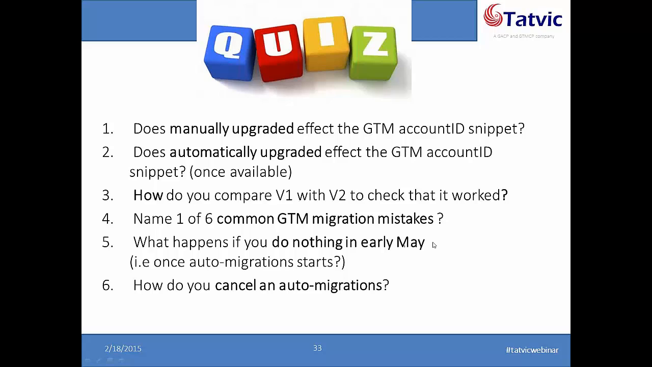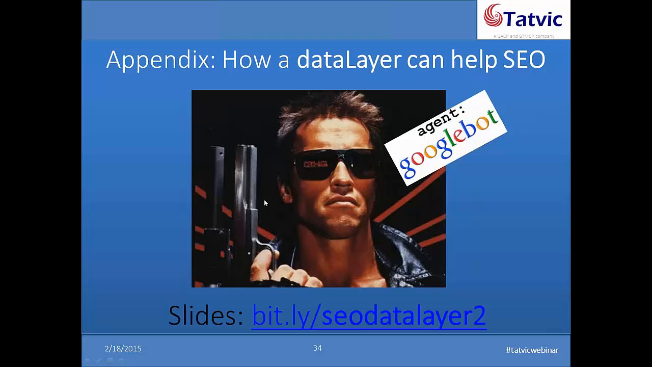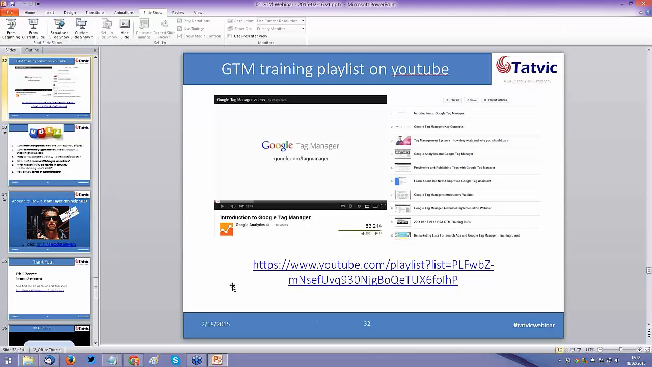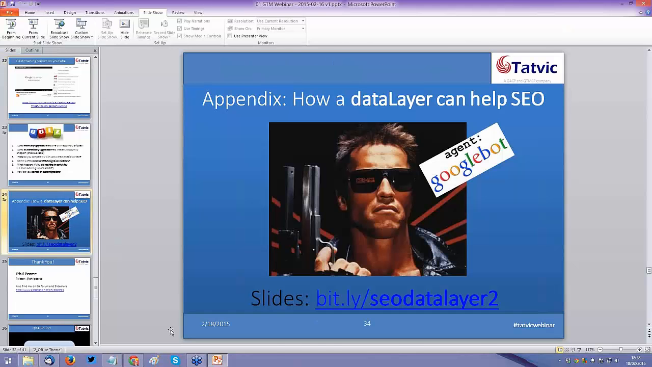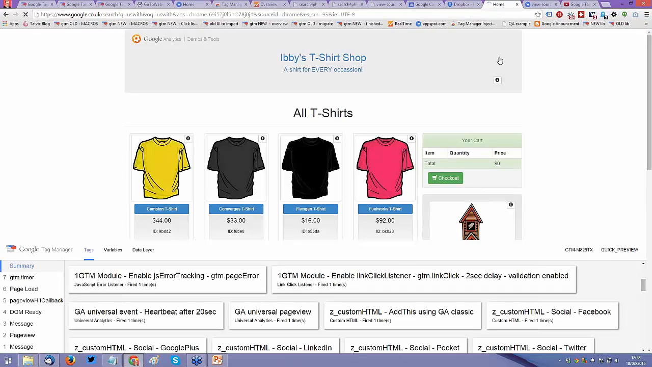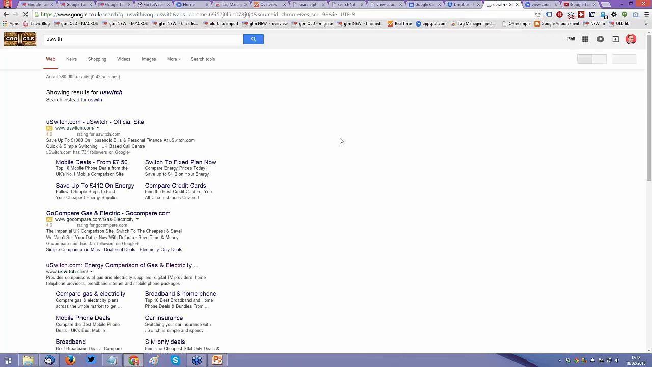So a couple of handy little tips as well. This is a new feature that you can now enable, which is the ability to get improved organic CTR by injecting code via GTM. There are some details of that within these slides. It means you can show a Google Plus and a Twitter link on the search engine results. A quick example here is if I search for USwitch, they're actually using this JavaScript method of adding